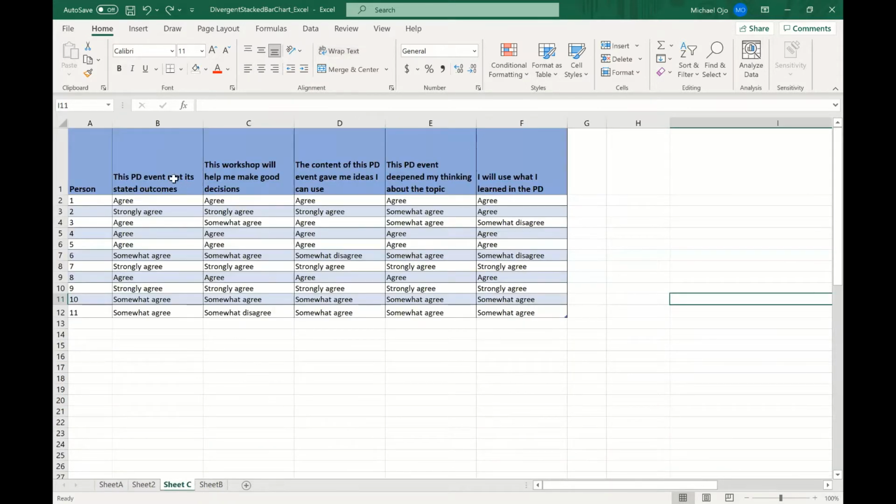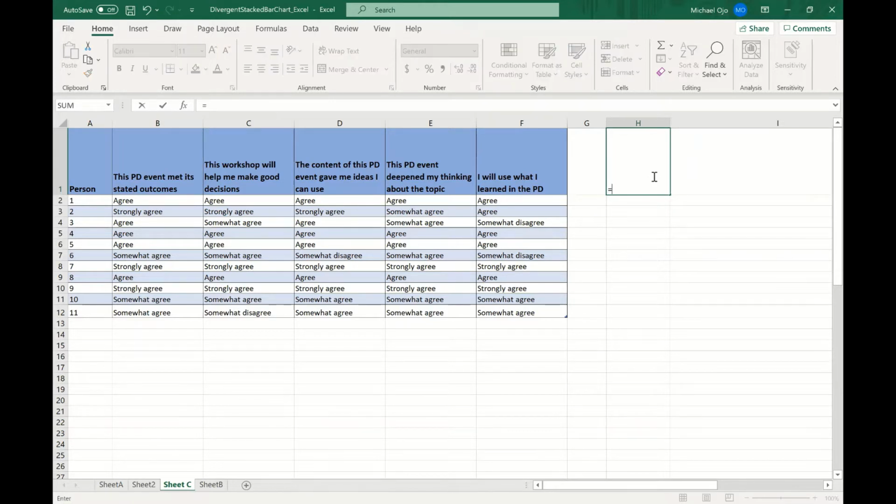I'm going to be sharing with you the data set I used for this analysis. 11 people participated in the survey, and these are the 5 questions asked. But before I start the analysis, I like my questions to be in the first column instead of the first row. I can do that by transposing my table.